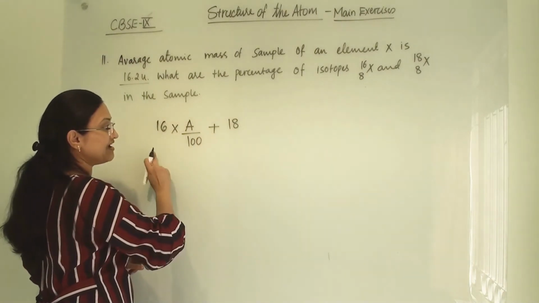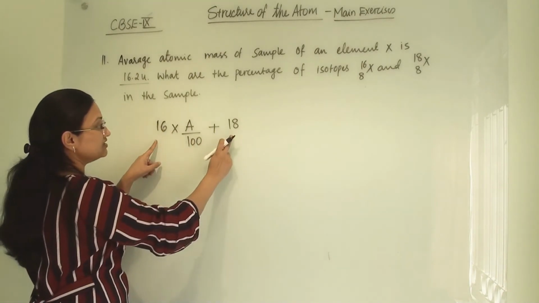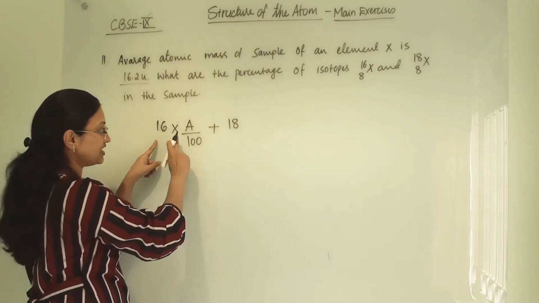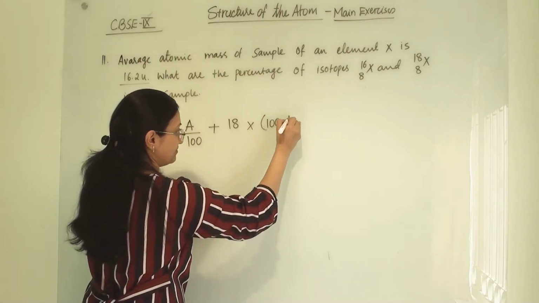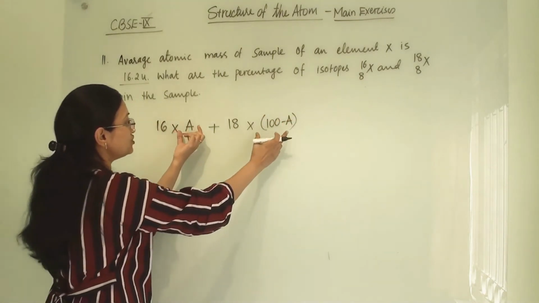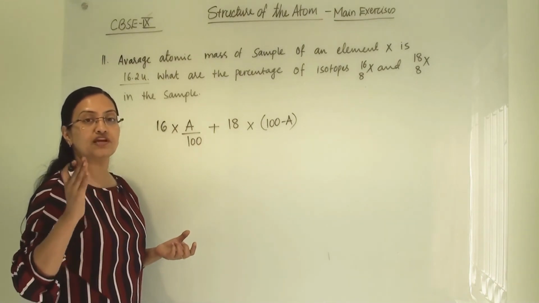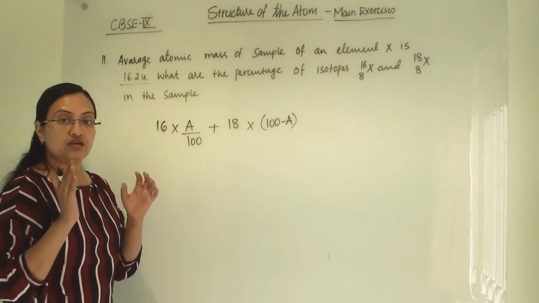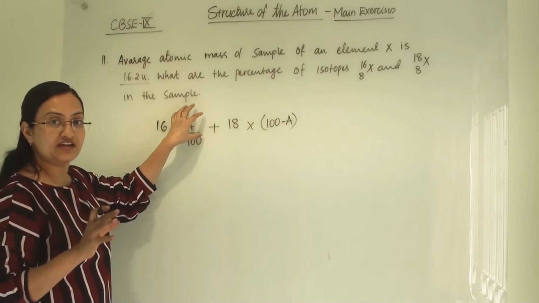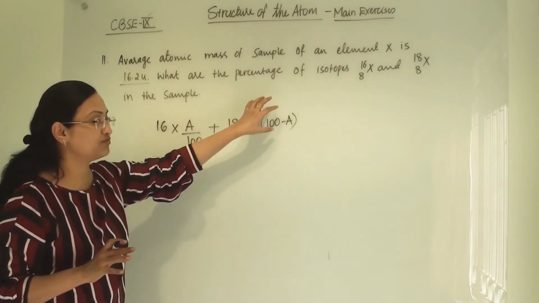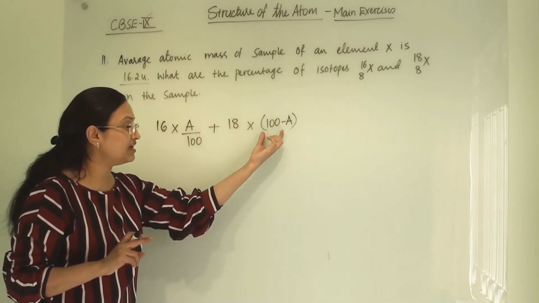Because we are taking average atomic mass, and these two are the summation of the two isotopes' atomic masses. Now here we are writing 100 minus A, because these two terms will be equal to 100, because we are always taking percentage with 100. Total percentage will be 100. So from 100, some of the percentage will be this and some of the percentage will be this. If we guess that this is A, then this will be 100 minus A